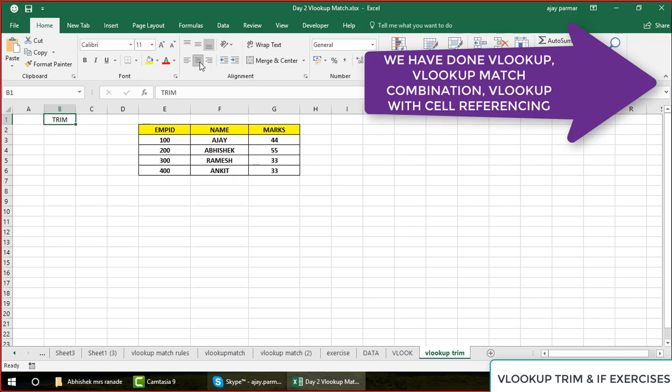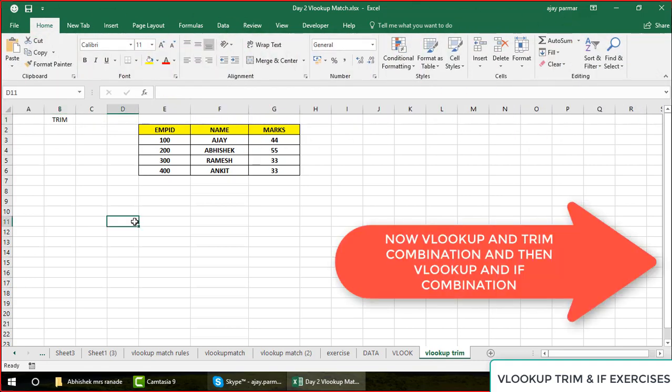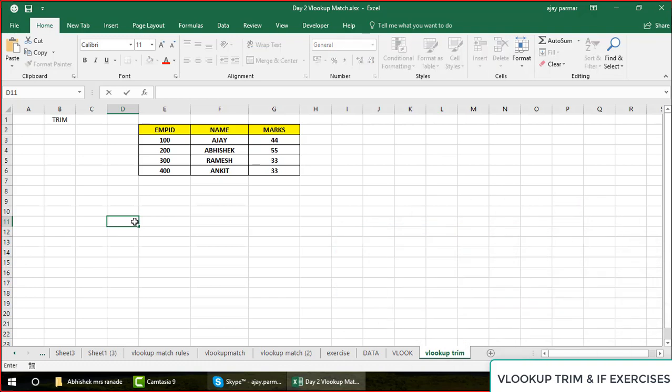Now there is one more combination which we often use. Let's go and discuss the TRIM function. Let's not directly go and use TRIM with the VLOOKUP. I'm going to create some space here. You can see I'm writing some spaces, and I write here Ajay and then again some spaces. I'm pressing the space bar. Now when you press enter, this may look like Ajay, but if you go and calculate